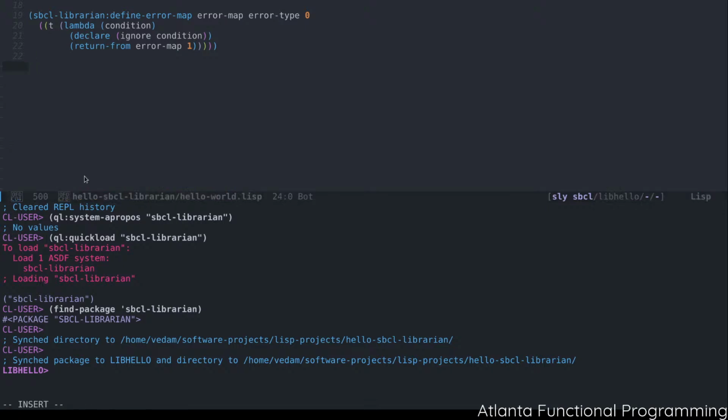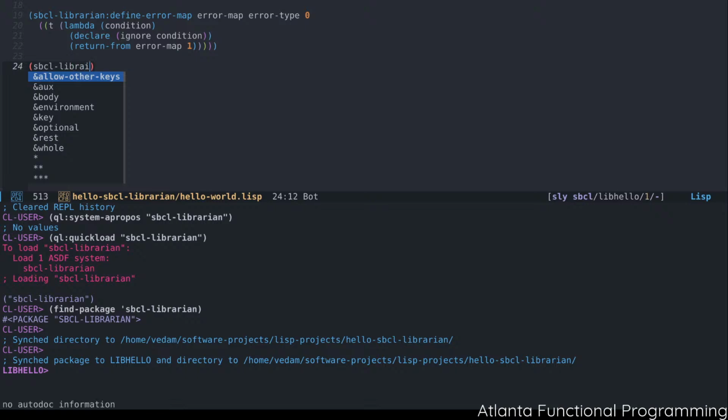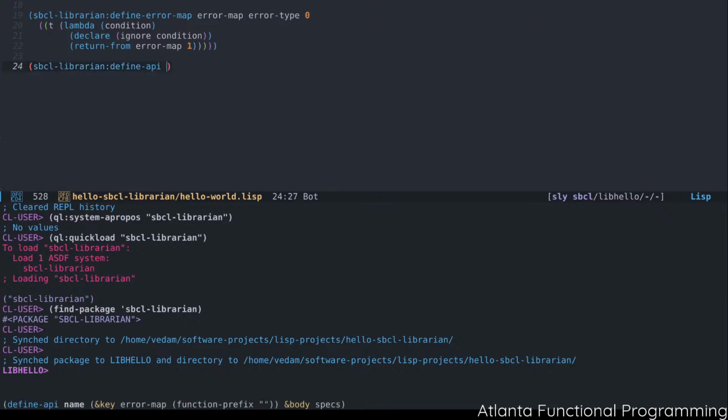Alright, so we've defined our errors and our error mappings. Now we are at a point where we can define an initial API that we could then export. To do this, we have to call SBCL-Librarian define-api, and this takes in, as you can see, the name of the API, and you could call it libhello. The Cookbook has a libhello API as its example. If you go and look at the documentation, at this point it doesn't get exported as far as I can tell, but